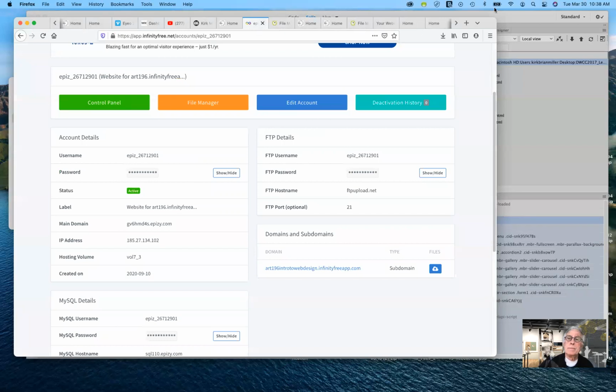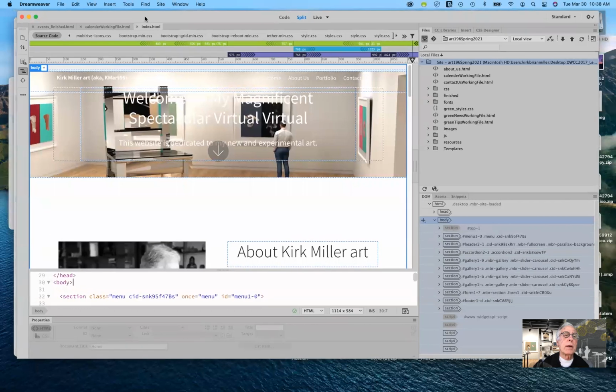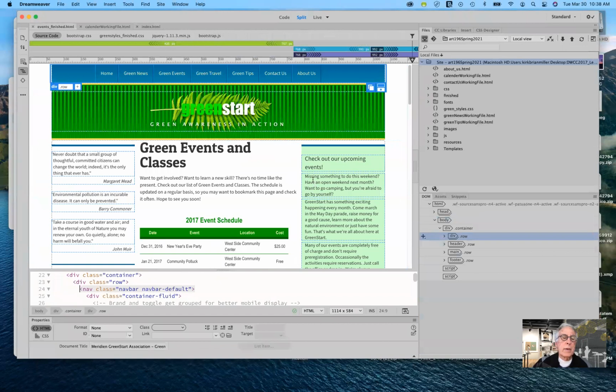Let's go back here. Let's click here and let's, you know what, let's try something a little bit different. I'm going to go ahead and do the latest lesson that we did. Okay. So I'm going to go ahead and actually that won't work for us because I haven't connected the pages yet. We do that in lesson 11. But anyway, let me go ahead and show you. Well, let's look at events finished. And I can make this, you know what? I can make this my